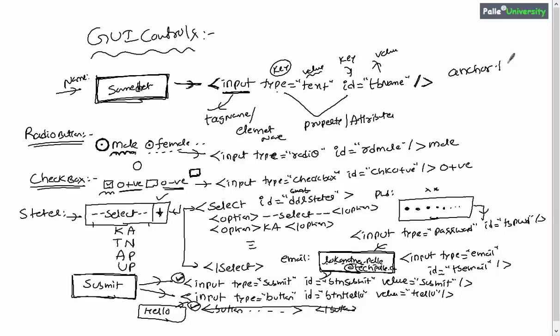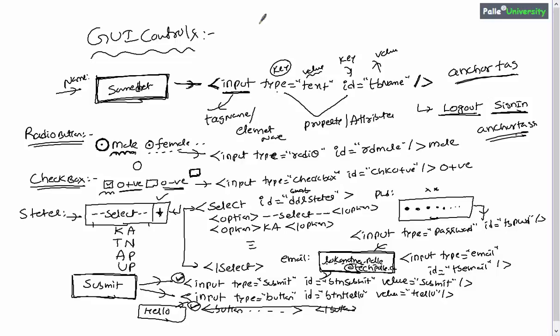The next tag is the anchor tag. What does anchor tag mean? In many cases, many websites will have some hyperlink, something like this. Above the hyperlink you can observe logout or something, right? Maybe in some cases you will see some text, and under the text you will observe some underline, right? Such kinds of controls are called hyperlinks, or some people call hyperlinks anchor tags also. Now let me explain how to create such anchor tags.